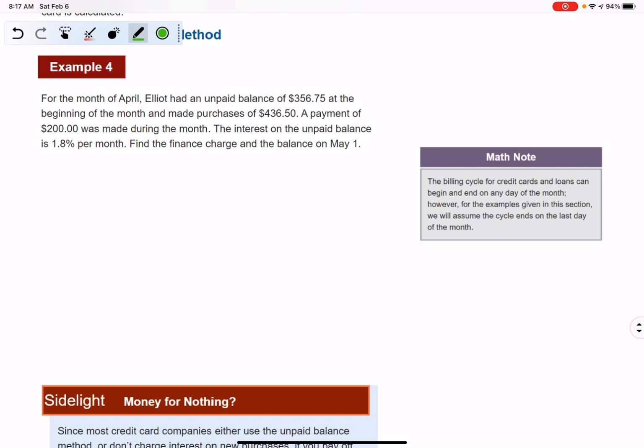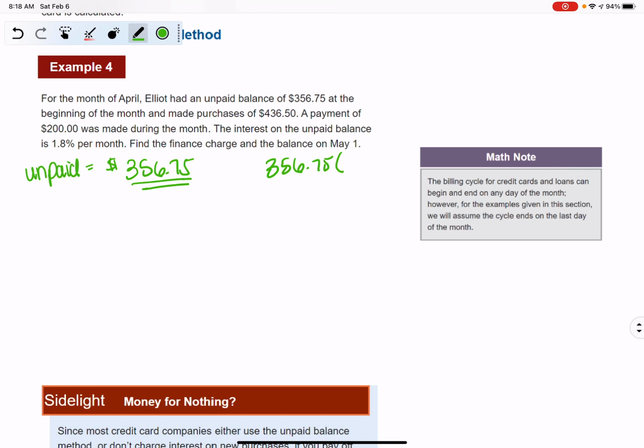All right, so let's look at what we have. We have an unpaid balance, $356.75, then we have at the beginning of the month and made purchases for. Okay, so let's first find the interest, or the finance charge, on the unpaid balance using simple interest with a rate of 1.8%. So we're going to find the interest on this unpaid balance, because you didn't pay that off, you're going to have to pay interest on that. So that's